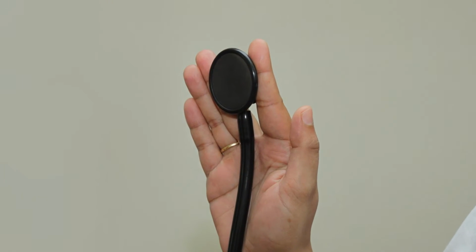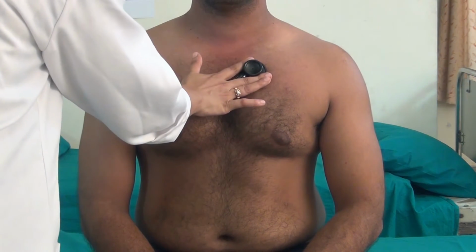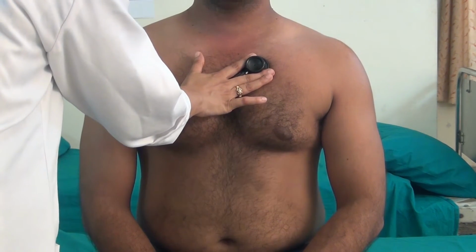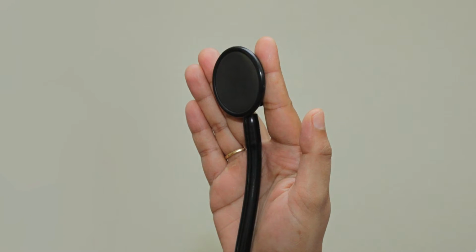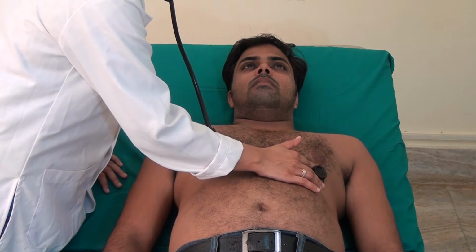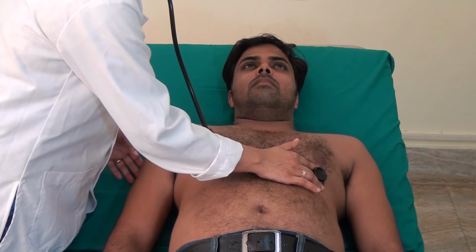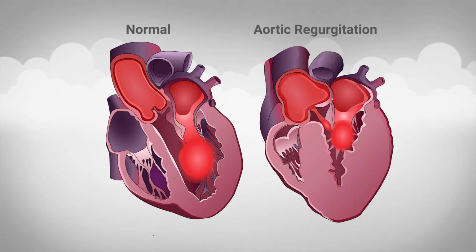Proper use of a quality stethoscope is essential during auscultation. A diaphragm pressed firmly on the chest filters out low-frequency vibrations and amplifies high-frequency vibrations. It is routinely used to hear the first and second heart sounds, systolic murmurs, and the diastolic murmur of aortic